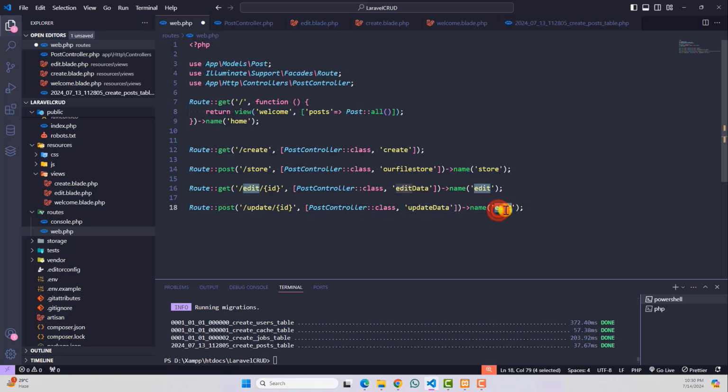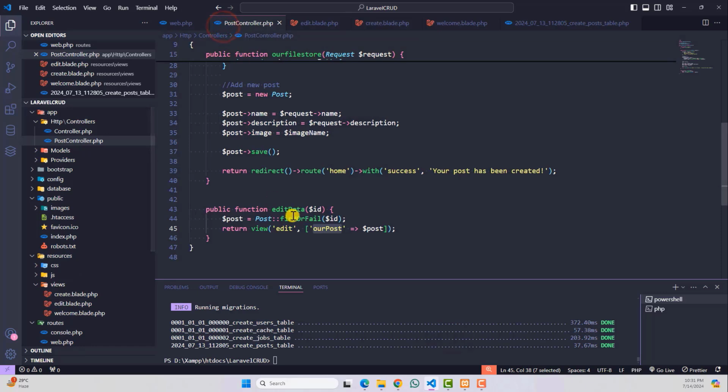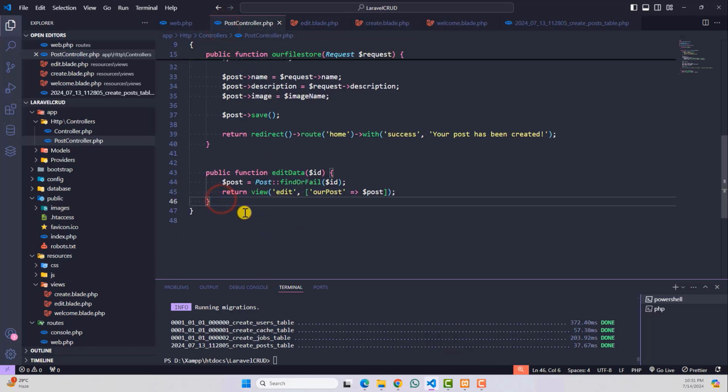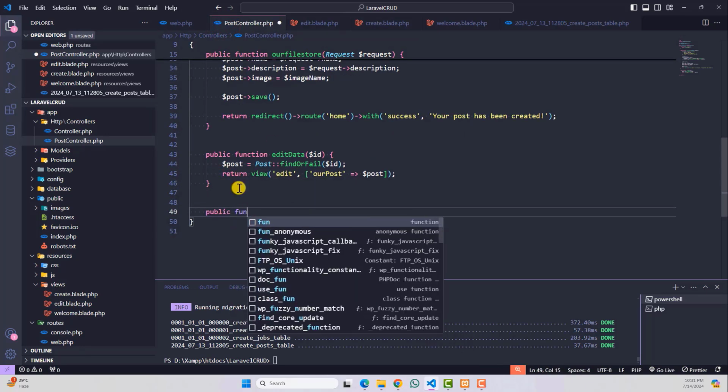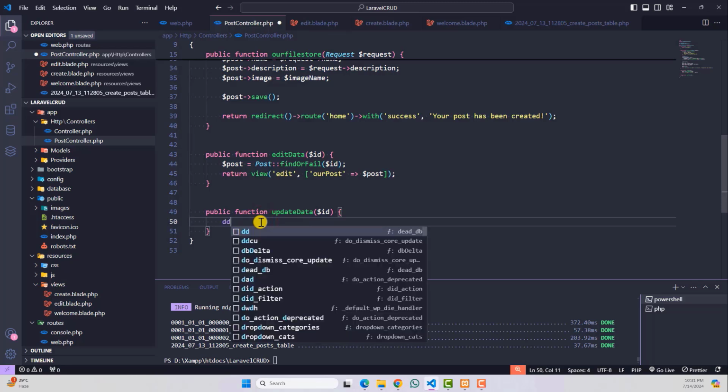So we'll create the function, then set the name. Our route name is update, and copy the function name from here and go back to the post controller, and here you can add your new function. Type public function and paste your function name and add your function, then return your data. So I want to return or add my ID. So first of all I want to pass the ID, and this is our dynamic ID, and type dd